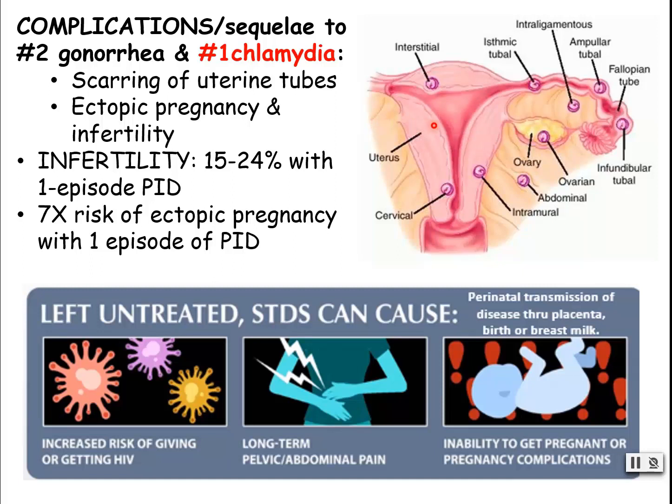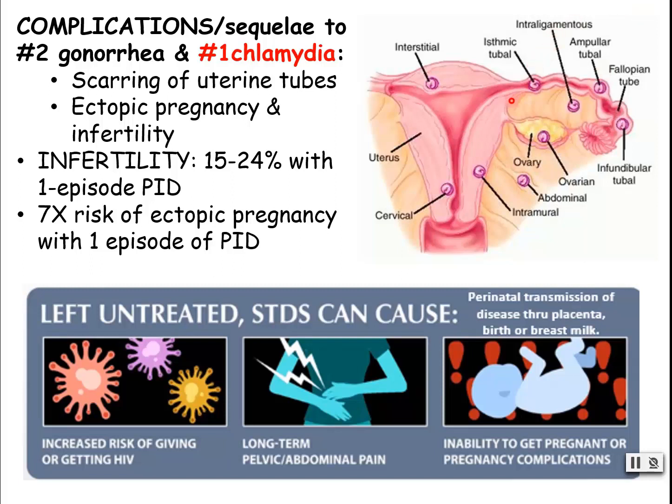That pelvic inflammatory disease, because the female reproductive tract is not closed, you can also get bacteria out here in the peritoneum. So it can cause other issues as well. Honestly, if a woman's lucky, she's going to have symptoms of this. She'll have a fever and abdominal pain, and then she's going to go get treated. But what can happen is this could be subclinical or asymptomatic, so a woman doesn't get treated, and that's when